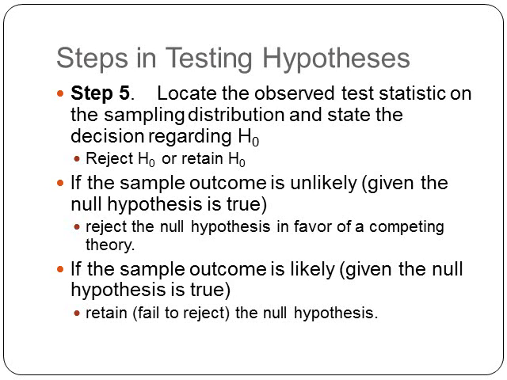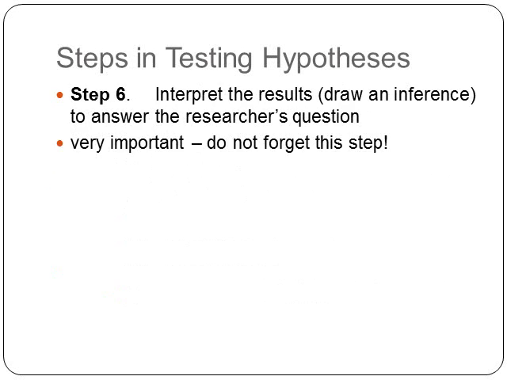If the sample outcome is unlikely, given the null hypothesis is true, we're going to reject the null in favor of the competing theory. If the sample outcome is likely, given the null hypothesis is true, we retain or fail to reject the null. And then finally, we need to interpret the results, maybe write up some results in APA format if you're in education and psychological testing,